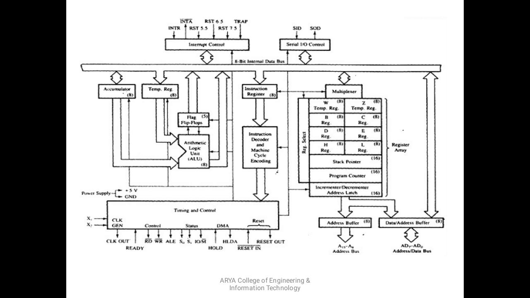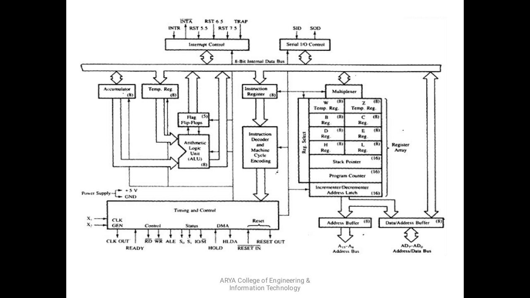When the instruction is being executed, it checks the conditional flags. Conditional flags are of 5 types. There are 5 active flags. For example, the sign flag is used to define that if the result is negative, then it is set, otherwise it is reset. Zero flag: if the result is 0, then it is set. Parity flag: if the number of ones is even, then it is set. Auxiliary carry flag is used for BCD programming, and these flags are connected to the arithmetic and logical unit.